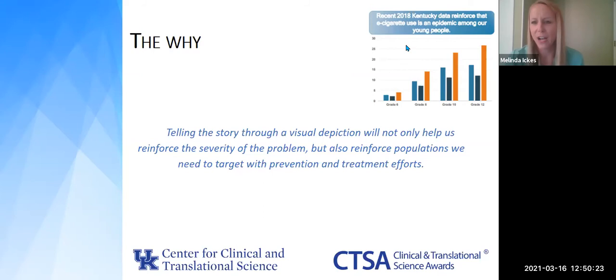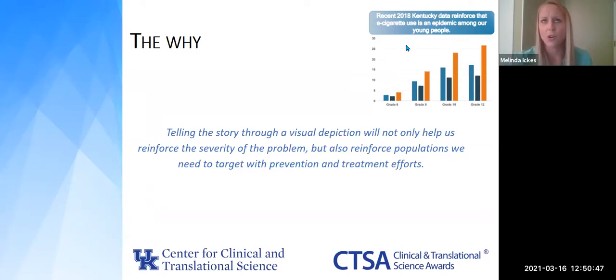But I felt like, okay, so this comic book, is this something that we could potentially use to talk with young people about this issue and to have community conversations, school conversations? And it was just one of those things in the back of my mind that as we went through this creative development process, I always wanted to use this as an intervention, as a conversation piece in the community.